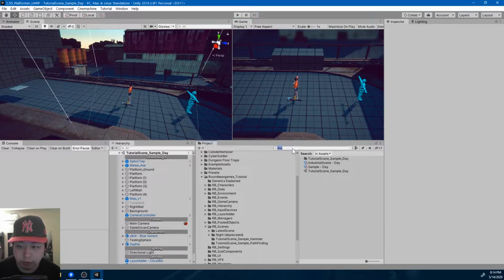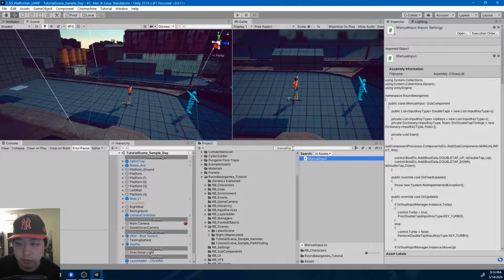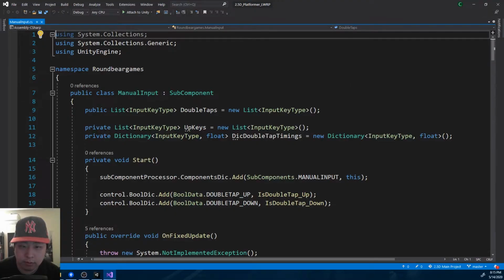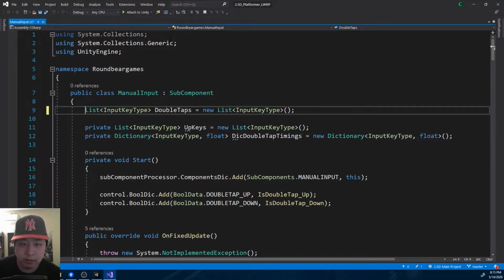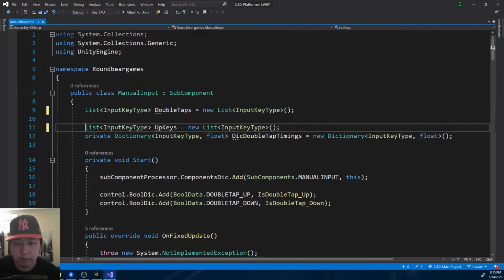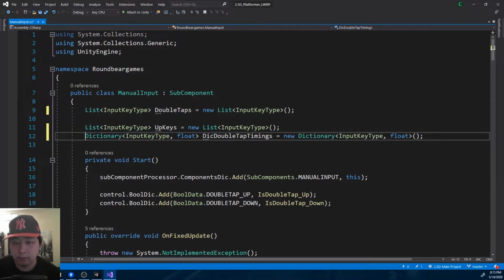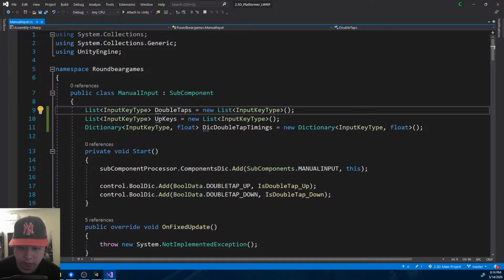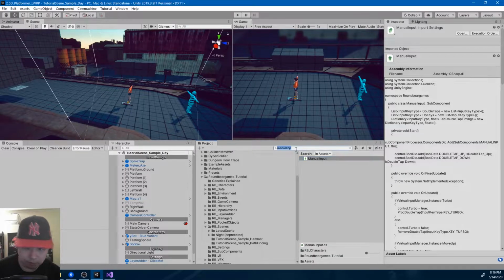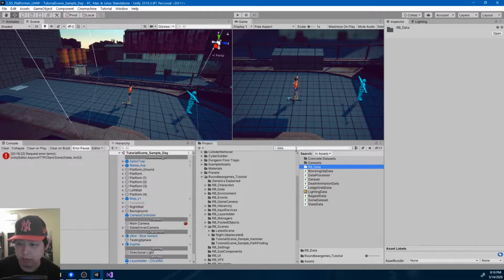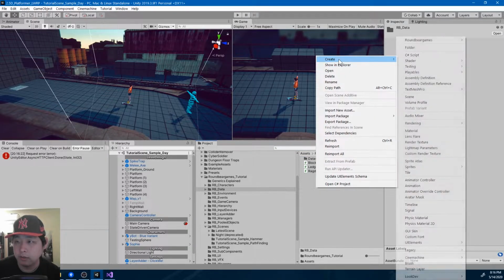We have one more subcomponent we haven't cleaned up yet. That is the manual input. These things will just stay inside the manual input class. They're all private. And just like what I've been doing recently, I'm going to go into the data folder, create